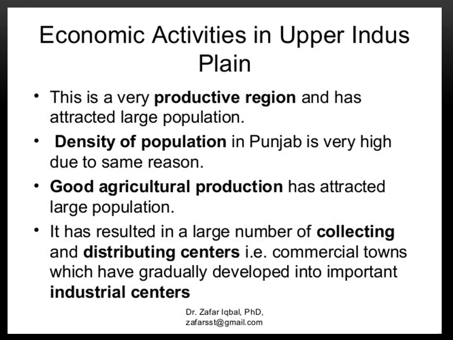The transport network of roads, rail, and air is dense. Dense means there are more road and rail or air transport routes. Electricity is supplied to all the urban centers like Lahore, Faisalabad, Gujranwala, Sakkar, and Hyderabad. Many of the rural areas have been supplied with electricity. Rural areas are the villages.